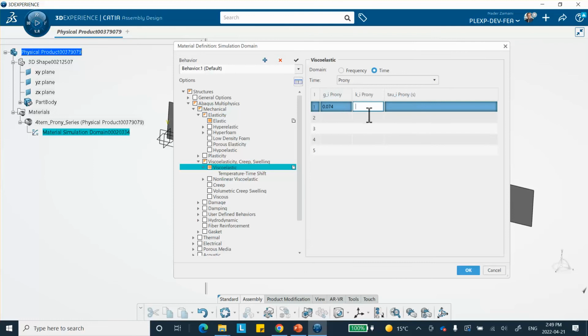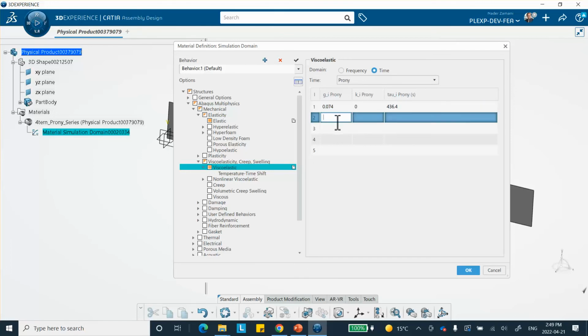But the value is 0.0738 that I inputted. Then this one is 0. And for tau, we have 436.4. Okay. We go to the next one, 0.147, K is 0,